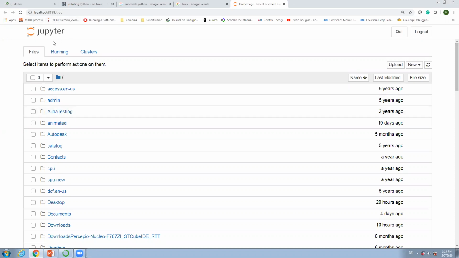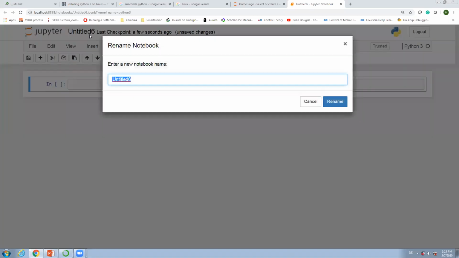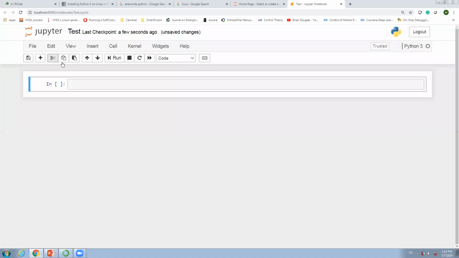So when the Jupyter Notebook is open, you can go right on the right hand side and click New and then click Python 3. And there it will open a blank notebook. There first you can enter the name of your Python file, and then here you have different cells. In these cells you can write Python code. You can write multiple lines of the code and you can also write a single line of the code. For example, here I can write some code in Python,